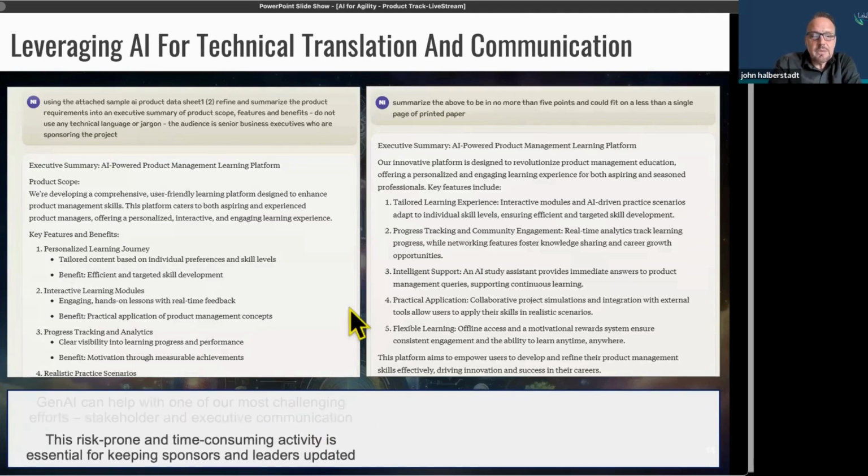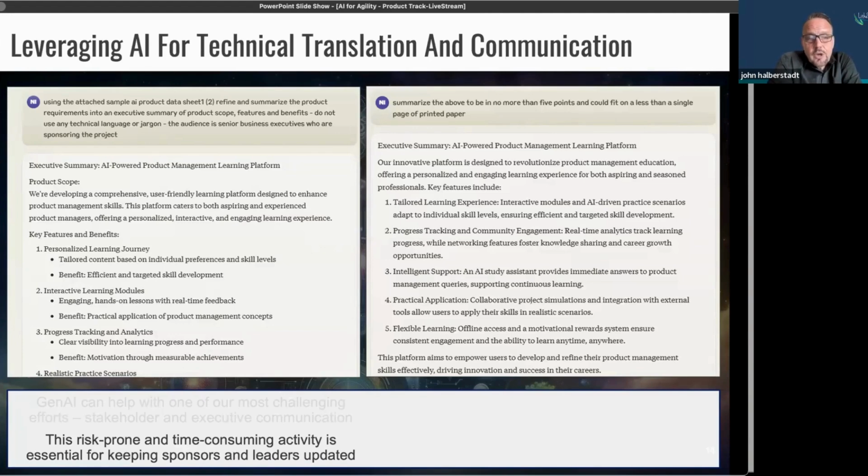And we really want to make sure that we are communicating, again, as product people, our customers, we know, aren't monolithic. We have different stakeholders, we have different customers, and generative AI makes the process of generating communication oriented to those particular personas or roles a lot easier and a lot quicker.